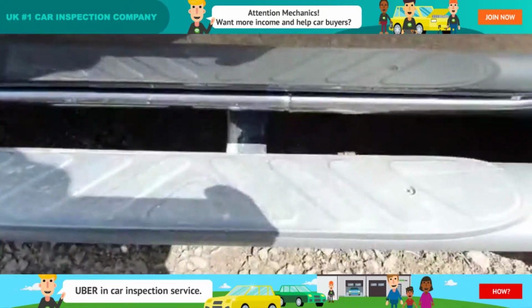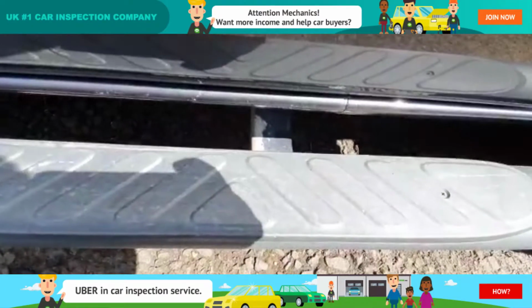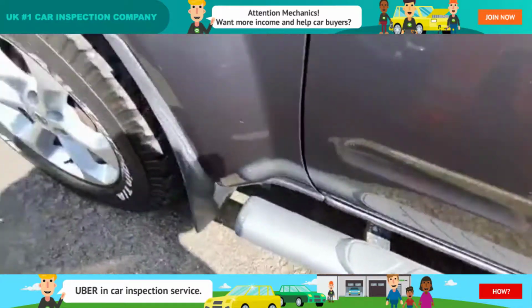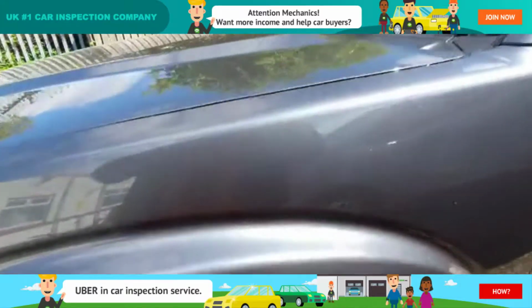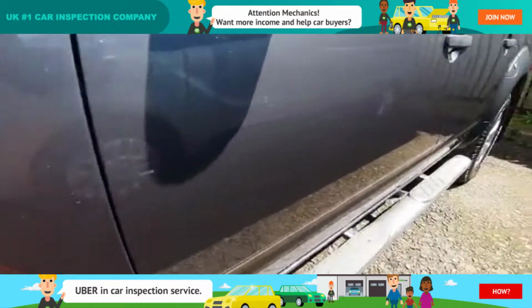Same again on this side with regards to the side steps. You've got the paint flaking and some wear and tear to the steps themselves. Moving on to some of the scratches on the vehicle. This is the near side front wing. Moving along